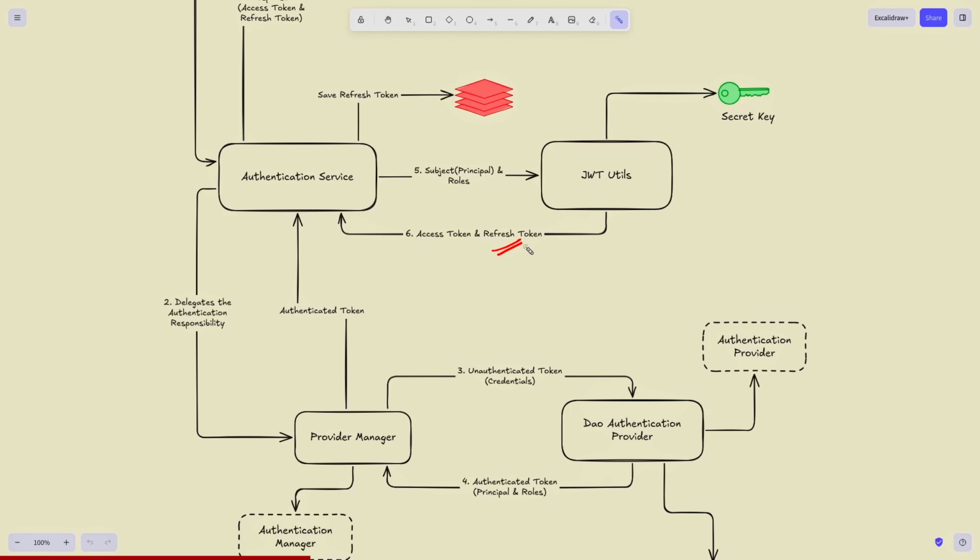and a refresh token. Okay, so we are going to generate two tokens, and why we need this refresh token we are going to understand in some time. So this JWT util is going to have access to this secret key, using which it is going to generate the token and sign the token. And after generating this, it is going to return back to this authentication service this access and refresh token, and